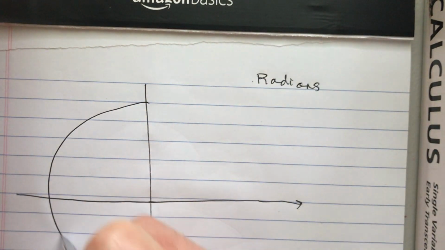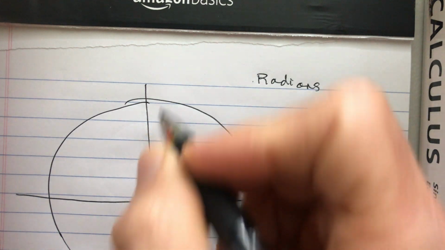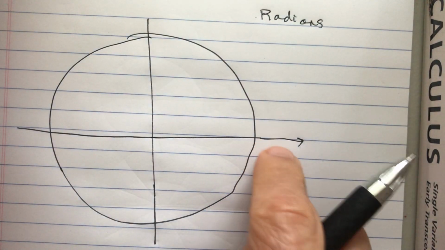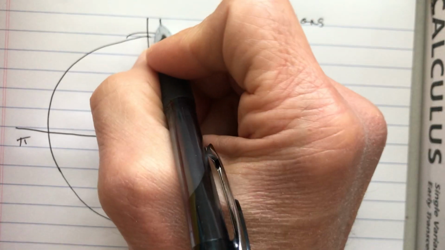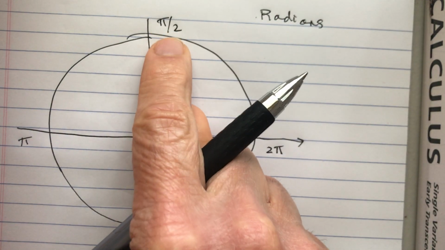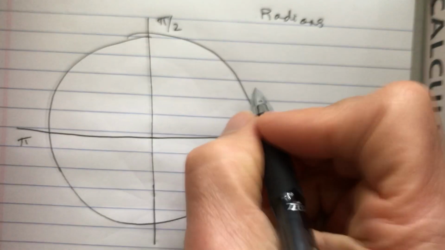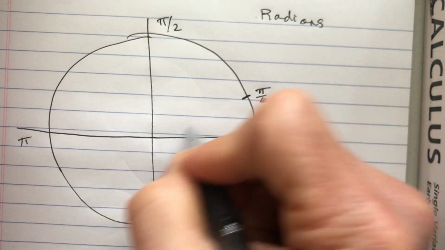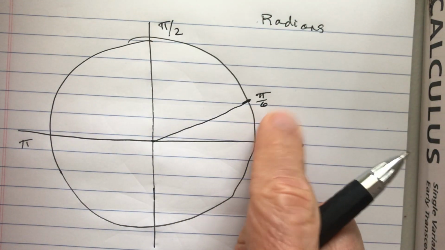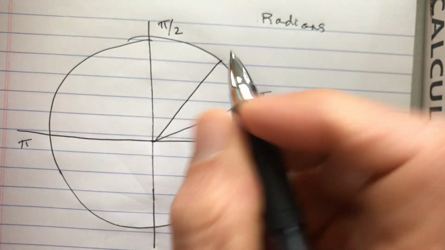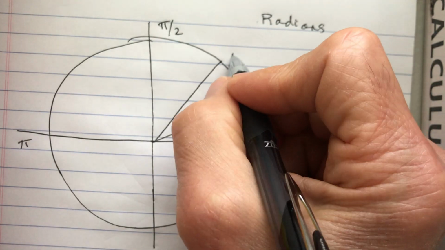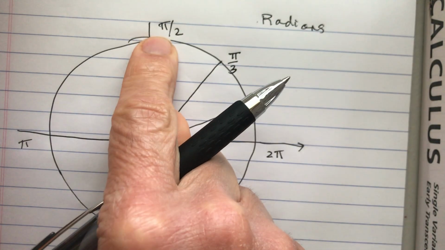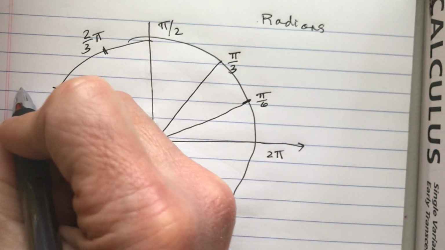I'm going to remind ourselves that 1 surround is 2 pi, half of that is pi, and then half of that again is pi over 2. Now, if you take pi over 2 and divide it by 3, you're multiplying by 1/3, and you're going to get pi over 6. So I'm going to find multiples of pi over 6, and I'm going to have to deal with fractions. Here I have 1/6 and 2/6. Well, 2/6 is pi over 3. 3/6, 4/6, which is 2/3 pi, and then 5/6 pi,